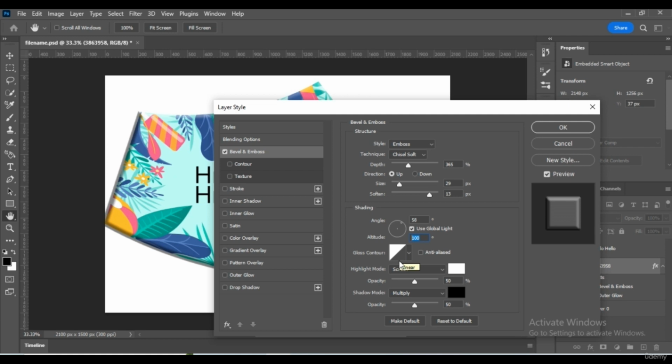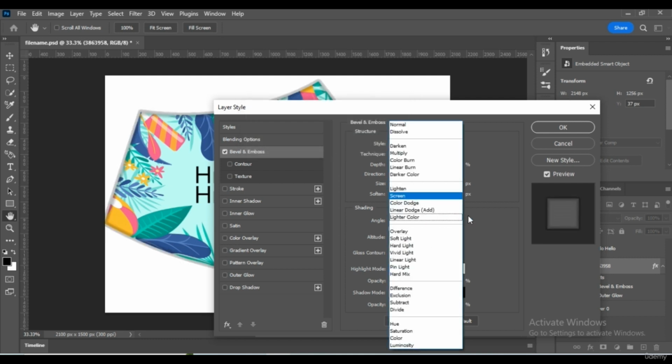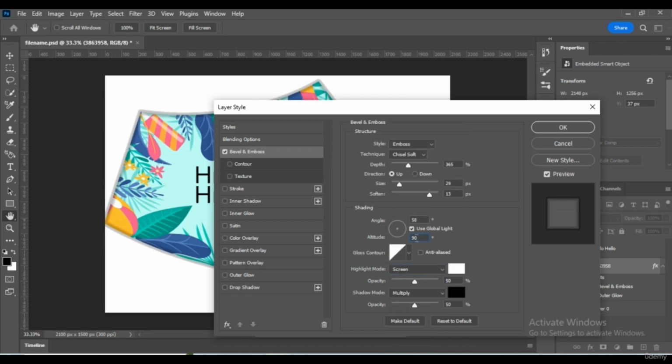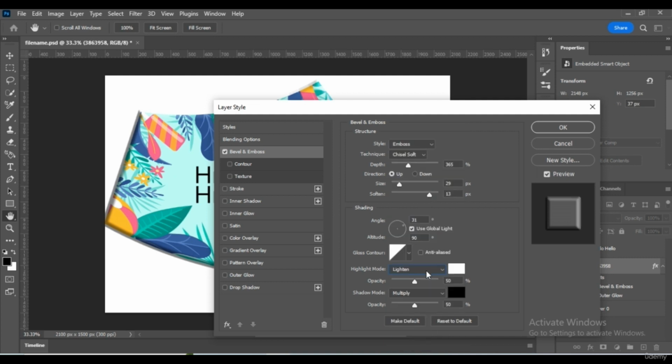Then the gloss contour. Then the highlight mode sets the blend mode of the light part of the color. You can do overlay, lighten, multiply.